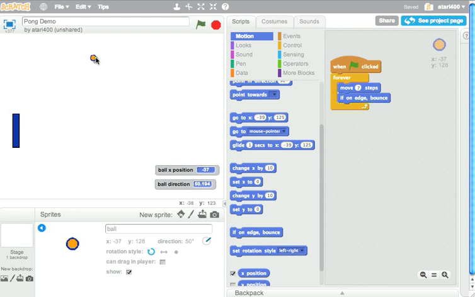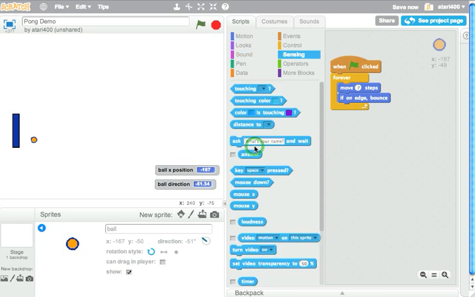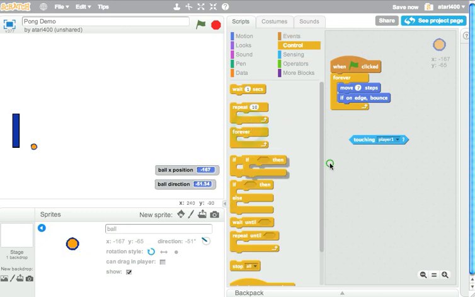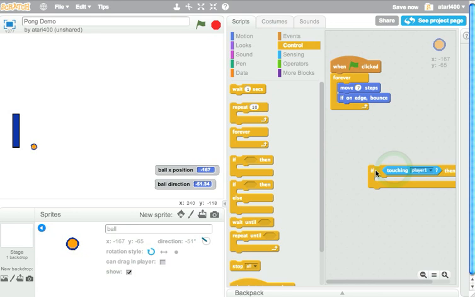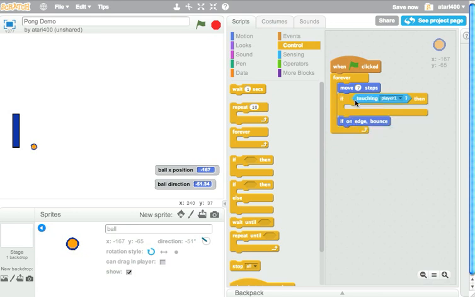So we'll use that. So how do we find out, first of all, if it's hitting the paddle? If we go under sensing, we'll find a sprite here, touching. And if we click on it, we have a list of things we can sense whether that ball sprite is touching. And one of them is the other sprite I created, which is called player 1. So when the ball moves and touches it, I can use this within an if statement to do something like rotate it into a new direction. So I'll put that in here,